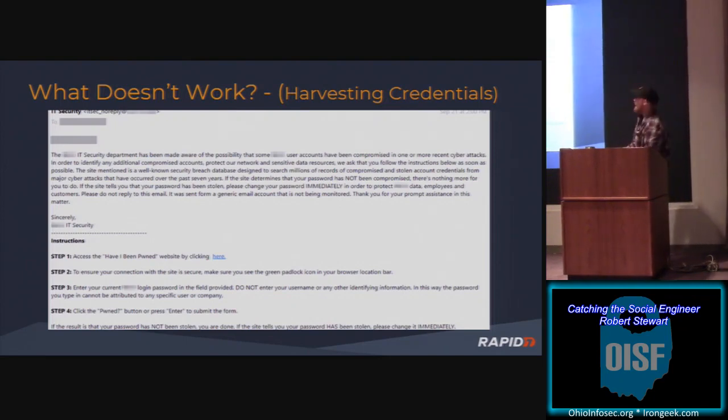So let's look at the things that don't work. And this is a little bit longer, so I don't like not being able to move, but I'll try to read it from here. If you can see it or not, the sending email for this phishing is, I gotta see it, sorry. Yeah. It's ITSec_no reply. And I don't know about any of you, but any organization I've worked at, we've never used a corporate email that had no reply as part of the account. That's a little bit of a giveaway to me.